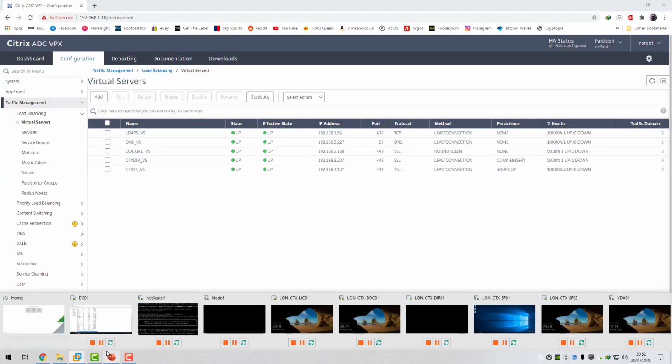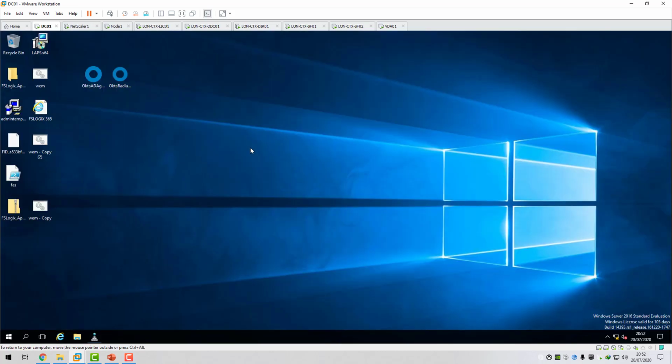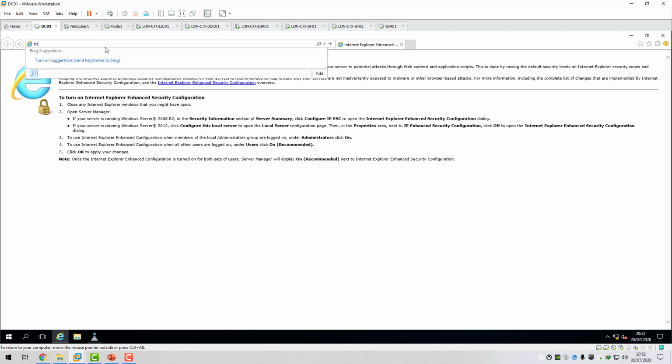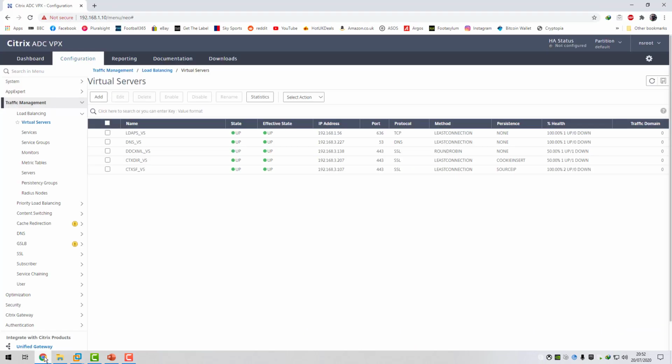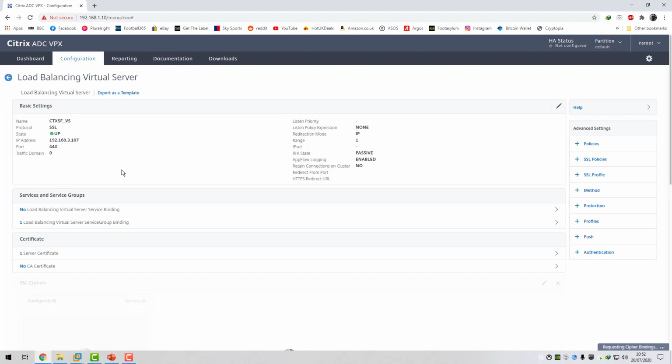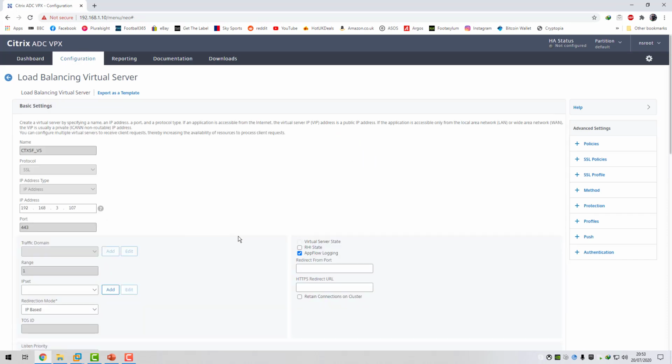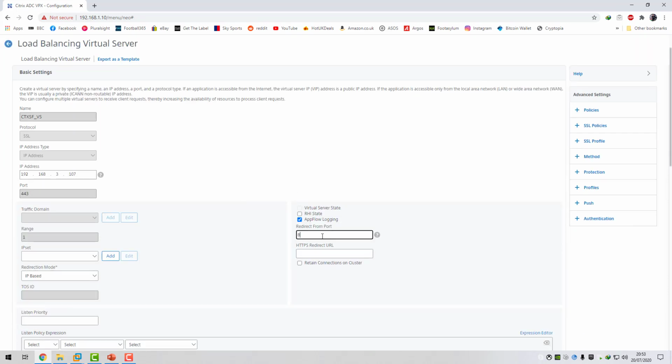So we can now test this. So if we go back to our domain controller, if we fire up Internet Explorer, I'm just going to type in, actually there's one last thing I like to do. So if we go back to our load balancing virtual server, I want to do a HTTP to HTTPS redirect on the V server. So we're going to click on more, and then we're going to redirect from port 80,